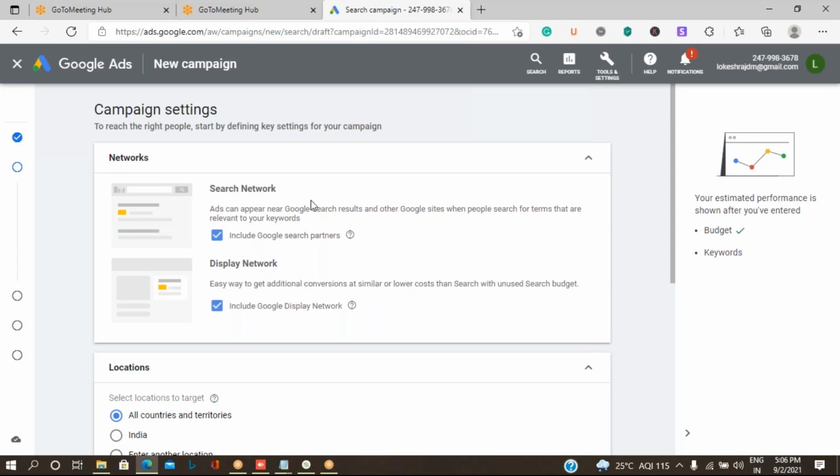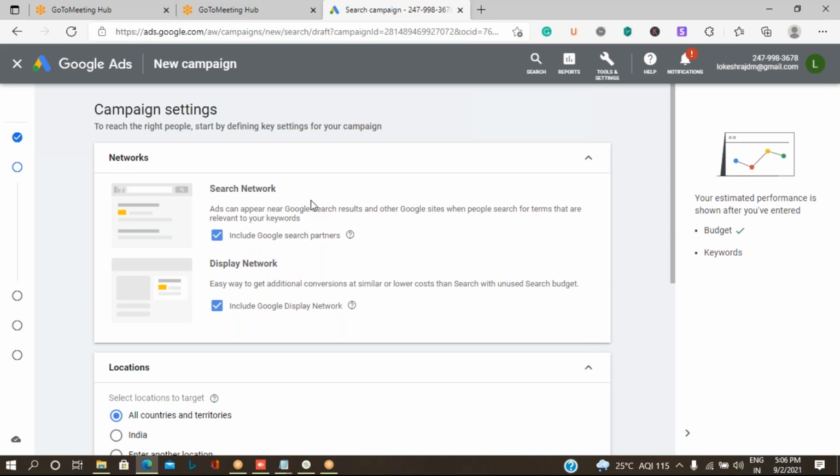But since we are not using a particular goal, and selected the option create a campaign without a goal's guidance, it is making a combination of two different types of campaign: one is a search network campaign and another is a display network campaign.